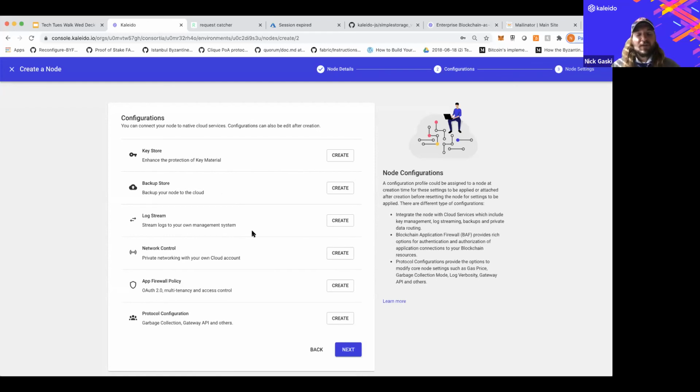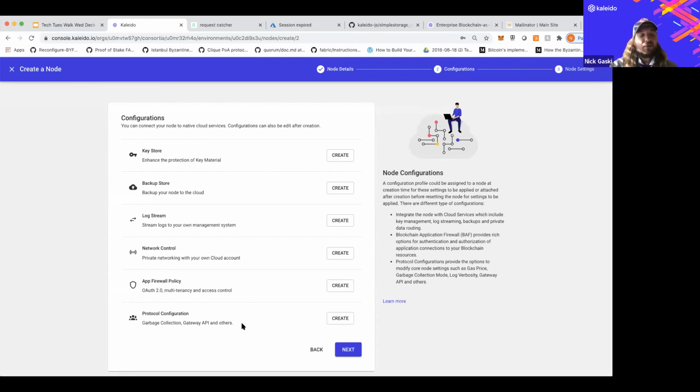Log streams, right? Send these to a Kibana dashboard and have your own rich analytics and marry your application next to what's happening on the blockchain. Super for heightened insights and debugging. Maybe you want private traffic. Maybe you want to only send your application logic and send your calls on the AWS backbone. So this will allow you to run your app in a virtual private cloud and never pass through the public internet. We've done some rich things around application level role-based access control, integrating with powerful identity access management systems.